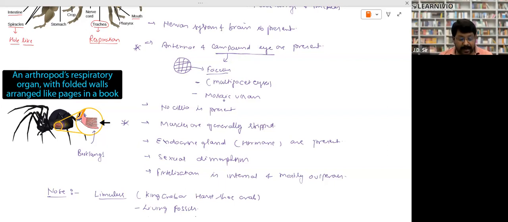Endocrine glands are present which secrete hormones. Some arthropods